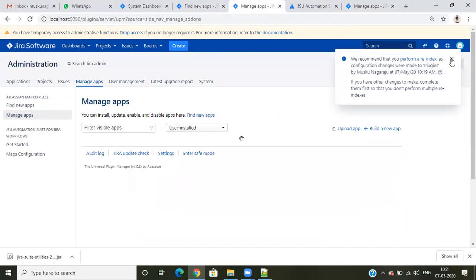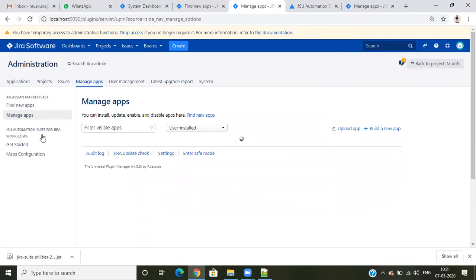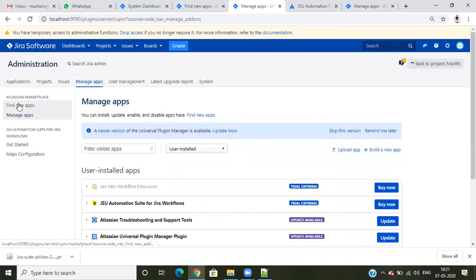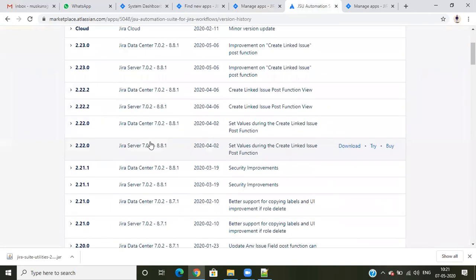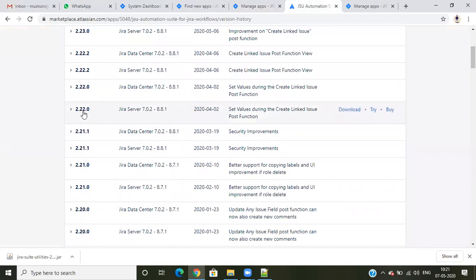Why do we have these two options? Suppose from Find new apps you install any plugin, the plugin will be installed as the latest version. Suppose the latest version is 2.2.3, but I want to install version 2.22. In this case we need to upload it.